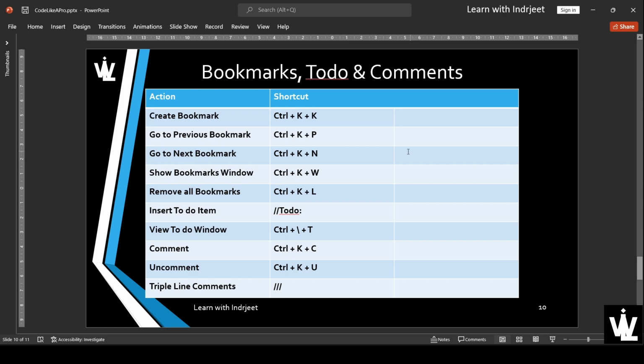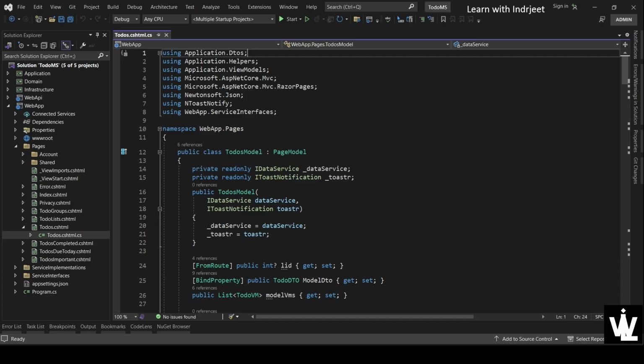In this one, we'll be creating bookmarks. We'll be navigating through bookmarks using the keyboard shortcuts, and then we'll be looking at to-dos and comment shortcuts, right? So to start with bookmarks, let's jump over to Visual Studio, and